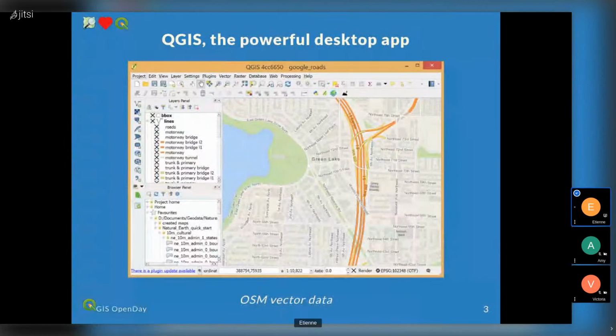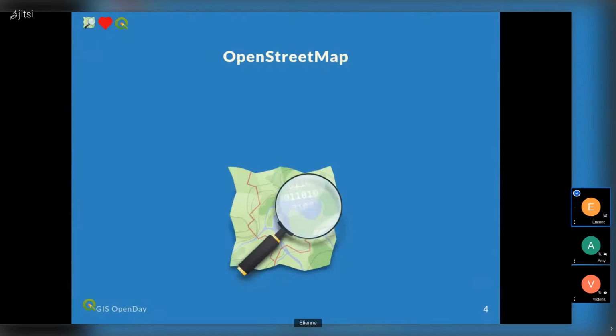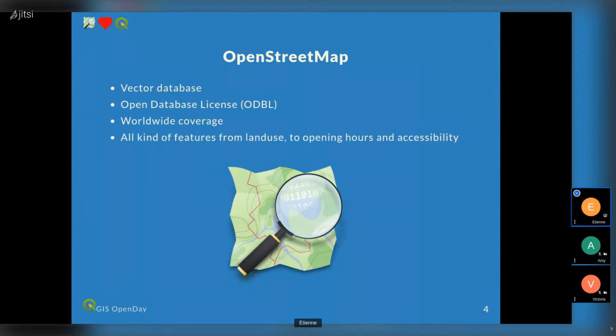So quickly, on one hand, we have QGIS. I'm not going to present what QGIS is during this session. And on the other hand, we have OpenStreetMap. OpenStreetMap is a vector database with an open source license, ODbL. It has worldwide coverage. So everywhere in the world, we have OpenStreetMap data, and it can be very precise. It can be on any topics, from land use to opening hours of shops, accessibility for wheelchairs. We have many topics covered in OpenStreetMap. Some people are interested in bicycle paths, hiking,